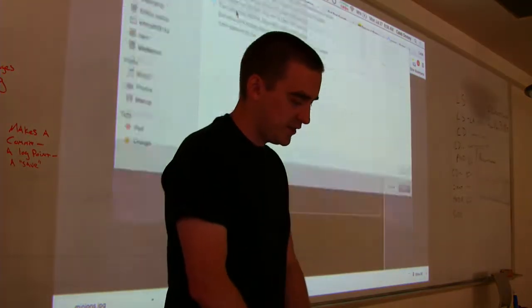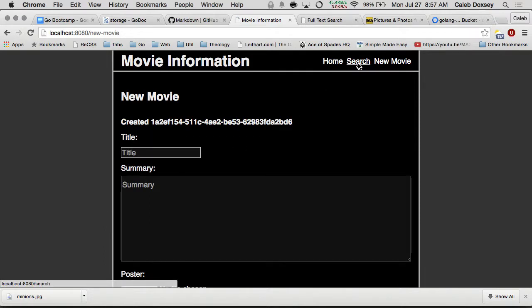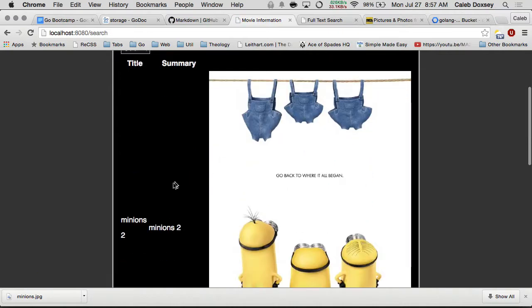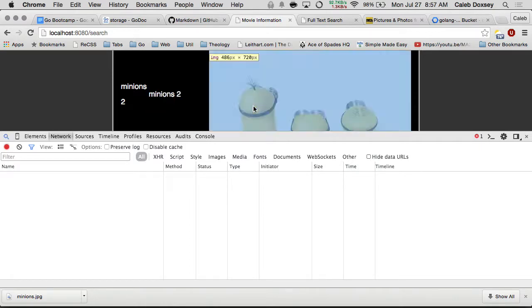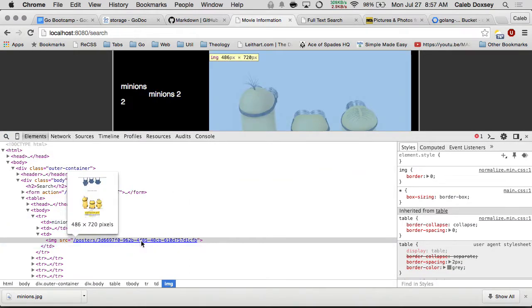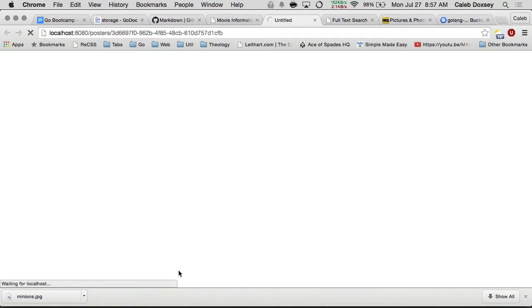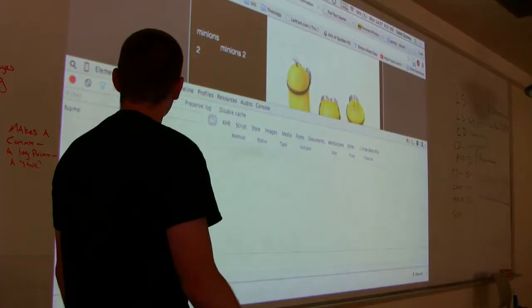So let's add that again. Okay. There, it worked. I'm surprised. Okay, it actually worked. Okay, so this time, if I look at this image here, so that's the image URL. If I open that in a new tab, it downloaded it, but it will have, as part of this, actually pulled it off of, maybe I can get that to show up,